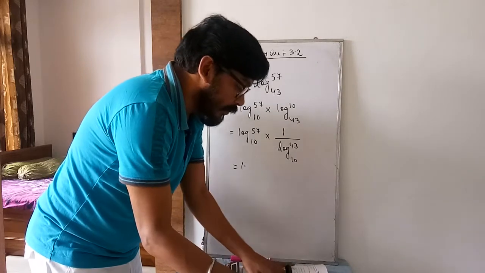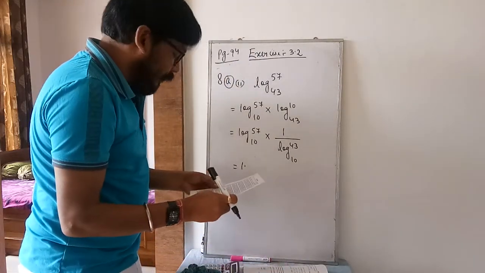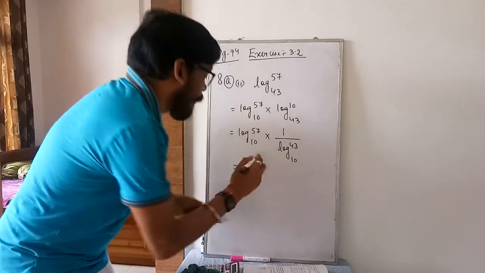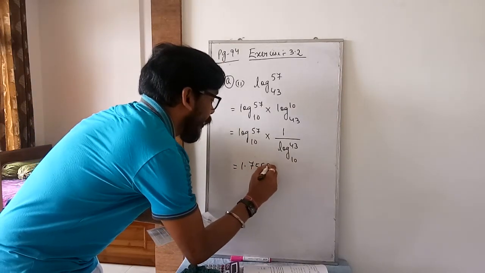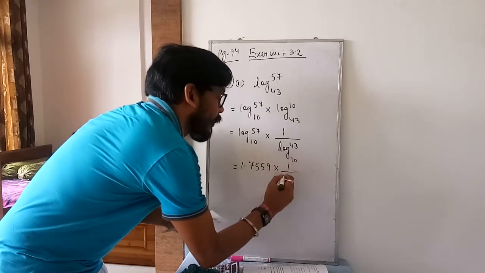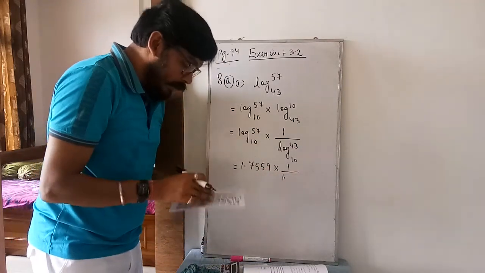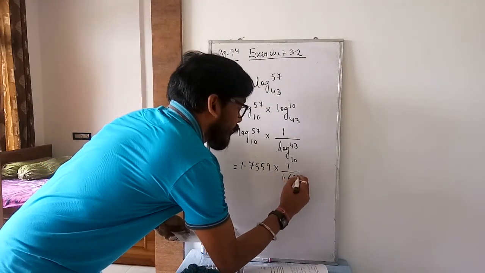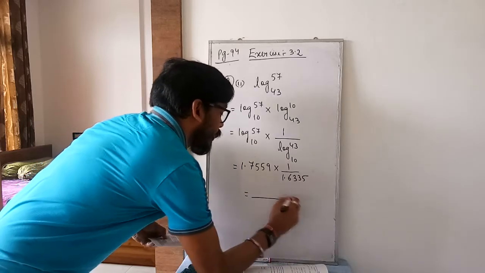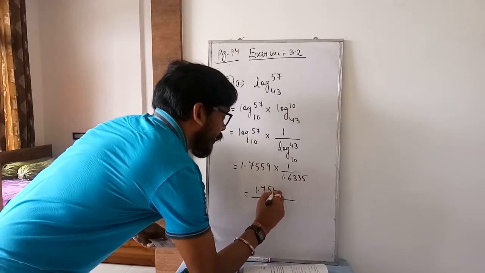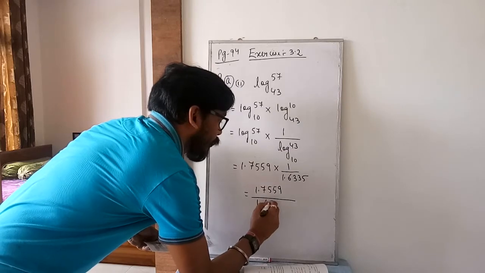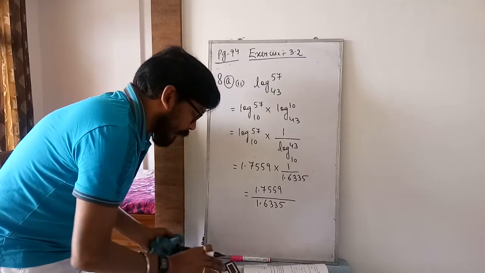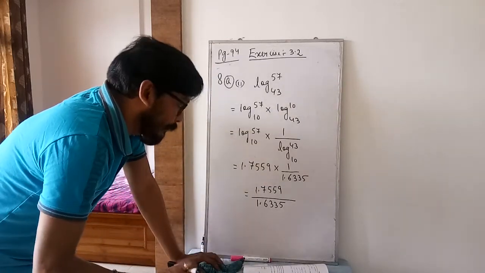So 57 0, I will see, because there is no more digit. So 57 0 is 7559 into 1 by 43 means 1.430, it is 6335. So in the numerator you got 1.7559 and denominator you got 1.6335. So if I divide it, you have to do the division by yourself, because in exam time they